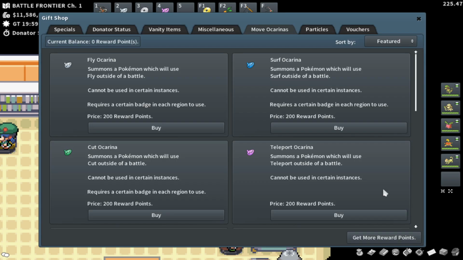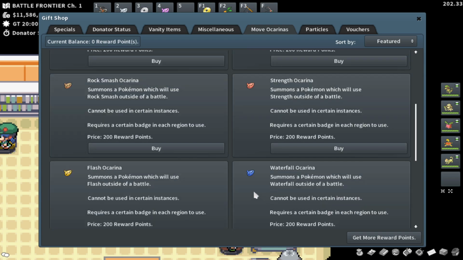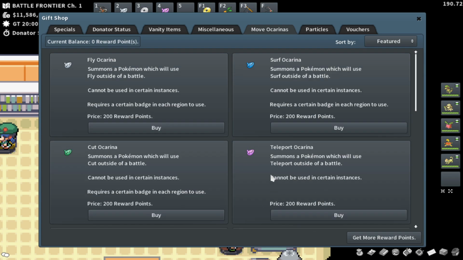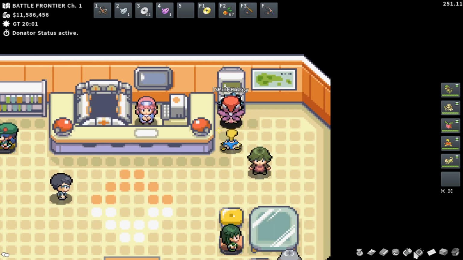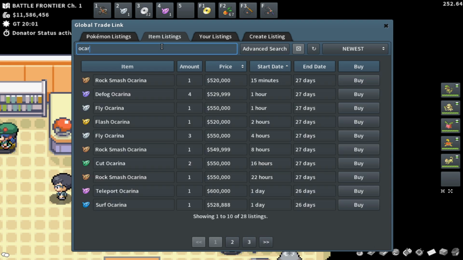A move ocarina exists for, I believe, every HM, and then some of the more specific moves. So like Dig has an ocarina, which isn't an HM. Teleport also has an ocarina, which isn't an HM. These are some of the more important moves that aren't HMs, but are used a lot in your daily PokeMMO journey. As you can see, ocarinas are around 200 RP in the shops,